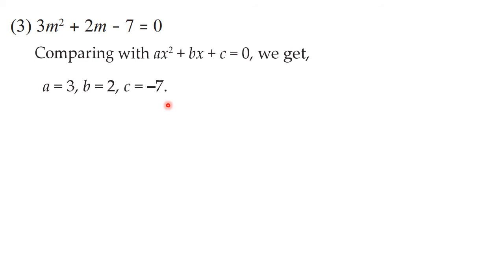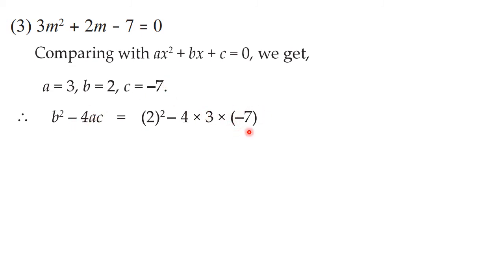After that, the next step is to find the value of b square minus 4ac. So all of you please find it out. You start finding it out, and then I am going to give you the answer so you can check it with me. So get the value, all of you. Write down b square minus 4ac is equal to, and then you can write down the value of b as 2. So you have 2 square minus 4 into value of a is 3 and c is minus 7.